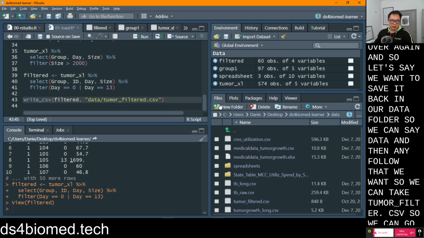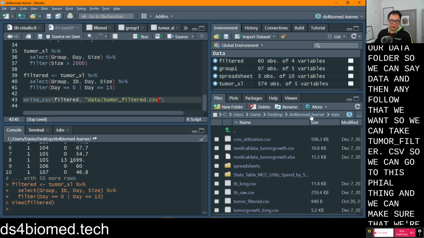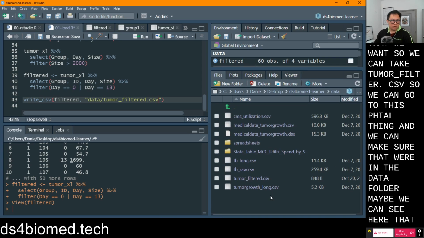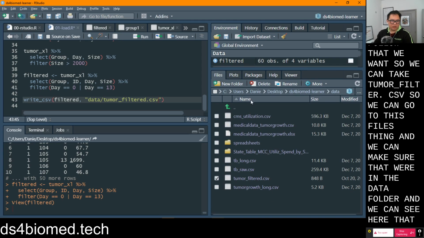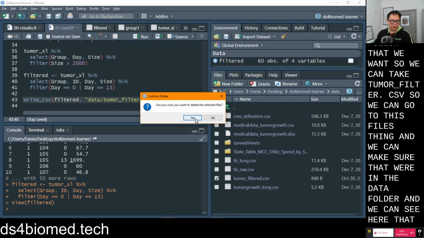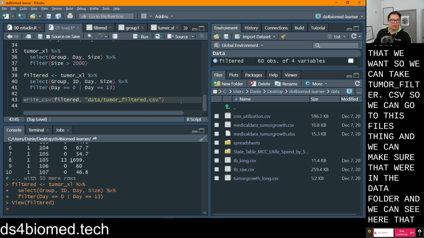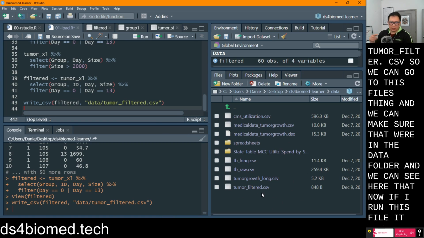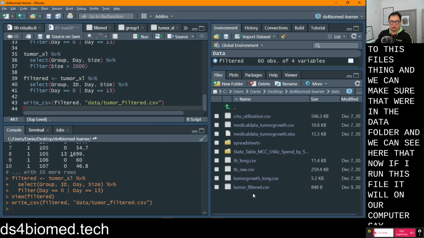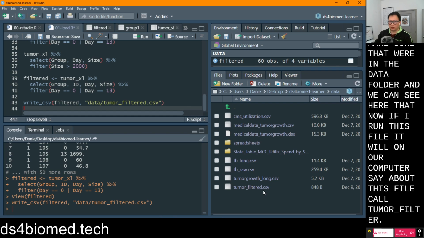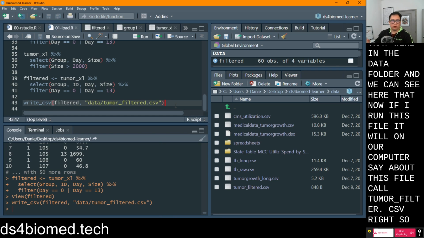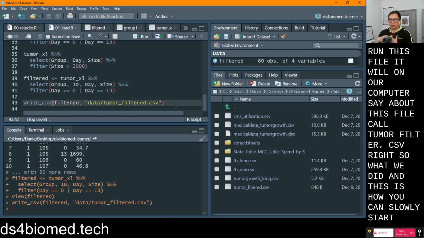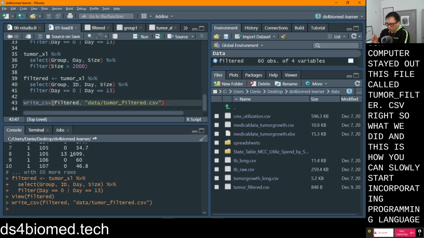So we can go to this files thing and we can make sure that we're in the data folder. And we can see here that now if I run this file, it will on our computer save out this file called tumor_filter.csv, right? So what we did, and this is how you can slowly start incorporating a programming language to do small things